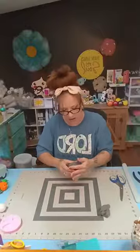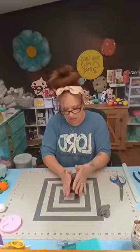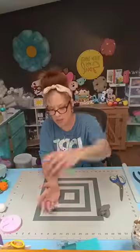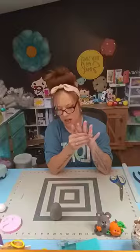Okay, so once we get that, it's probably about good. And this should sit. I leave a little bit of excess clay on the bottom just so it can sit. And that's all there is to that. Oh, sorry. Let me set this here so you can see what we're doing. Okay, so then the next thing we're going to do is go ahead and